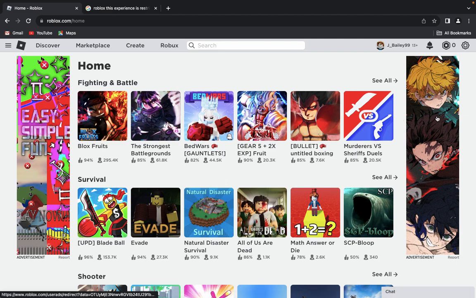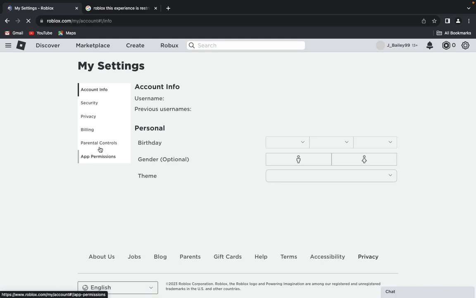So what we're going to do is click on the settings option on the top right corner, and then once you're in, click on the parental controls on the left tab side,